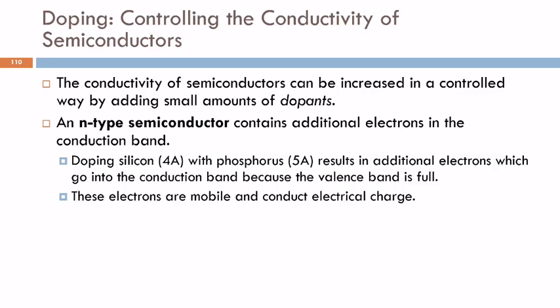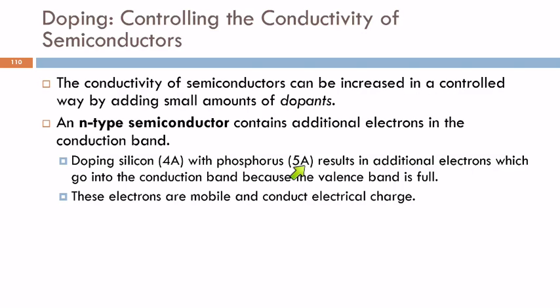So, doping. We can adjust the conductivity of semiconductors. This is what makes them so useful in computer chips. There's two types of semiconductors, an N-type and a P-type. And we do this by adding a little bit of a different element into the semiconductor. So for an N-type semiconductor, we add something that has extra valence electrons. So if we take silicon, which is a semiconductor, and we put some phosphorus atoms in there,